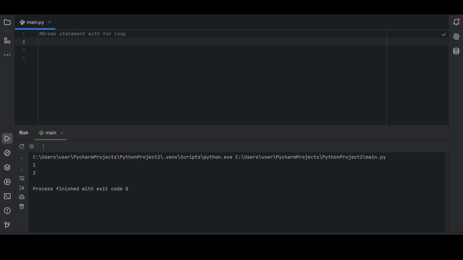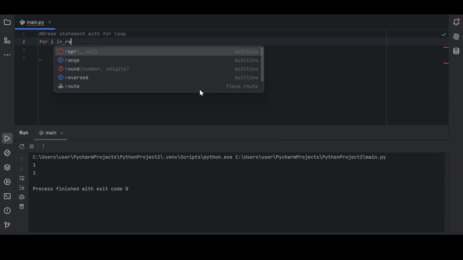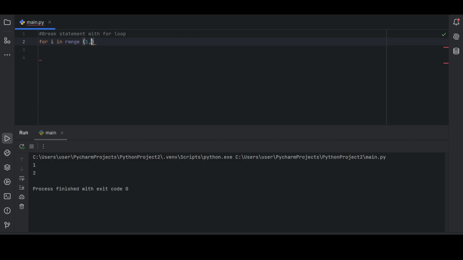And here I have two topics, break statements and continue statements. Break statement with for loop. Let's start with an example. First I will type here for i in range 1 to 10 colon, and then I will type here